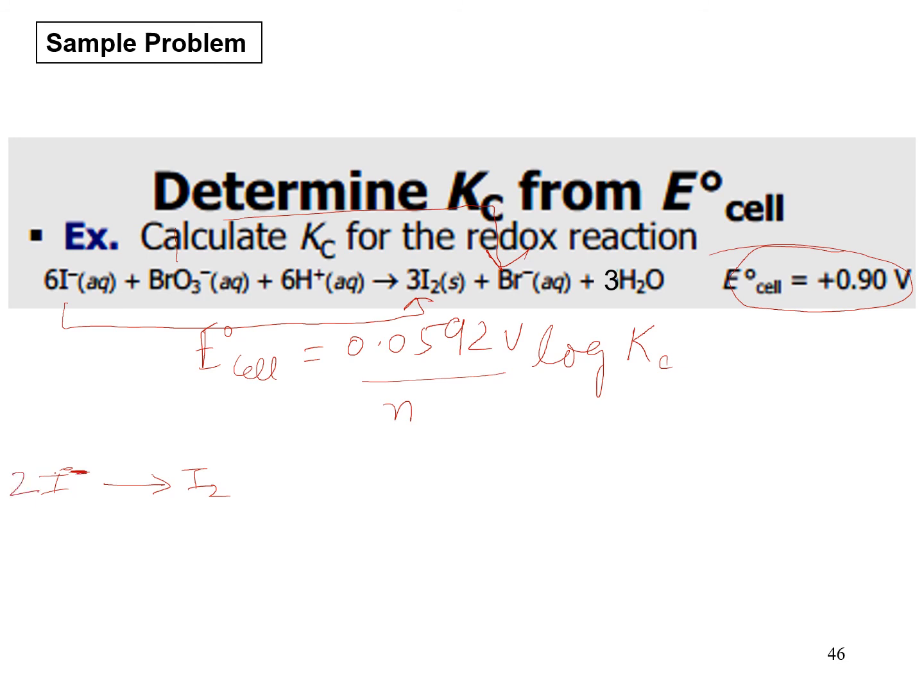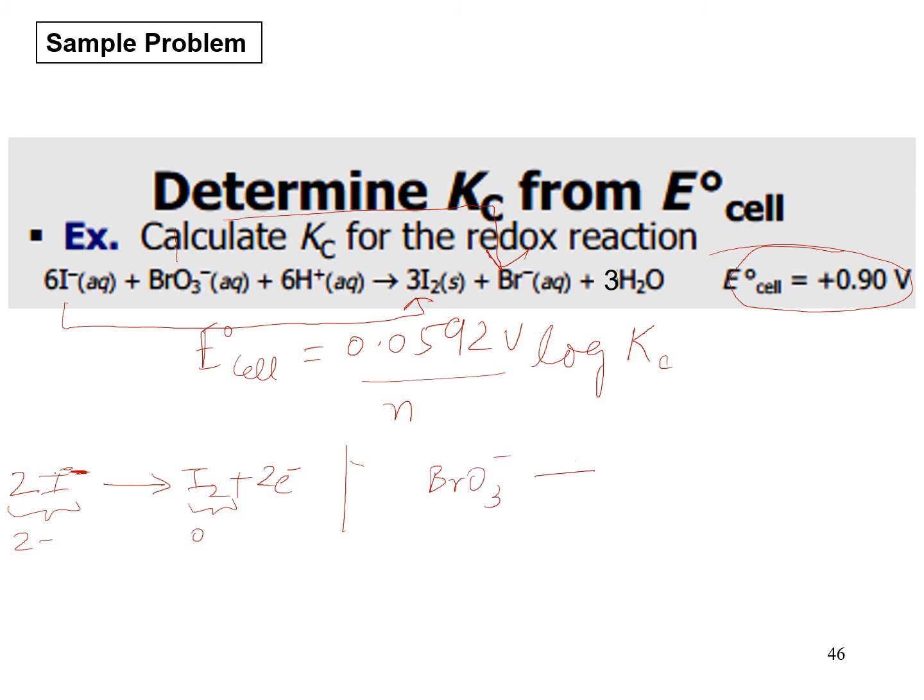Next, I don't have any oxygen, don't have any hydrogen, so I'll move on to charge. How much charge here? 2 minus. How much charge on this side? 0, which means I need 2 electrons on this side. That balances this equation for me. Okay. Next, I move on to my second reaction, which is